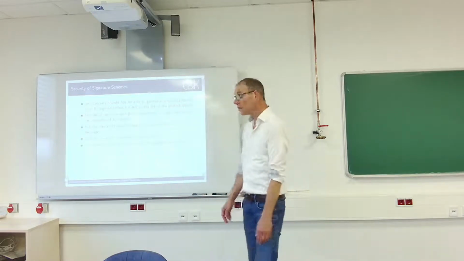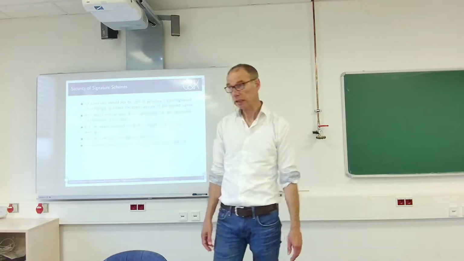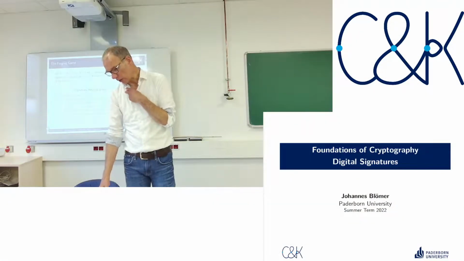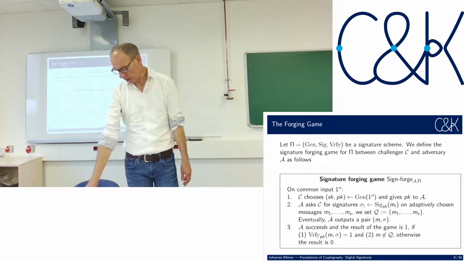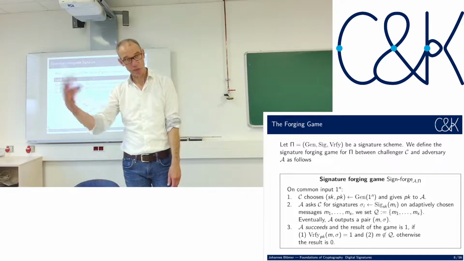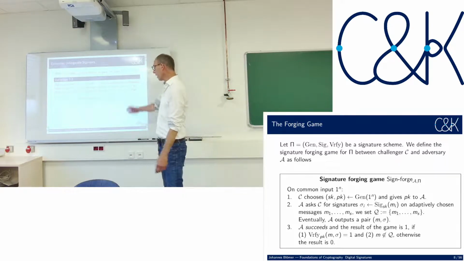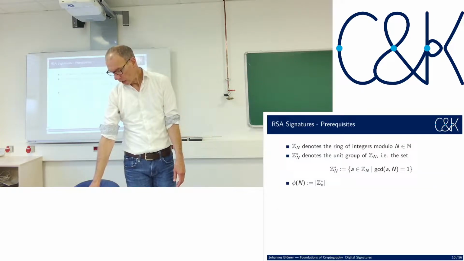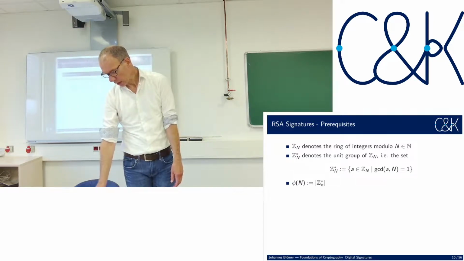And we had existential unforgeability under chosen message attacks as our security model, very similar to message authentication codes, and we formalized that with a game, the signature forging game, and then the usual steps and the requirement that for all PPTs there is a negligible function, so that the adversary can only win this game with negligible probability. We looked at RSA signatures as an example, and then we went on to actually construct